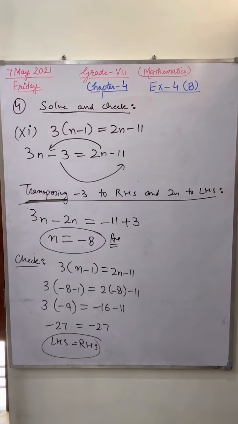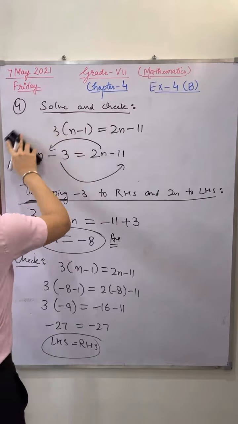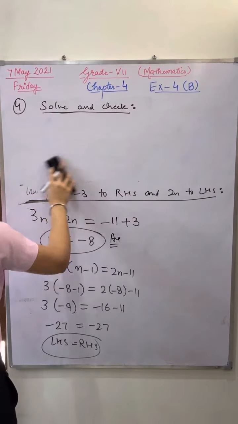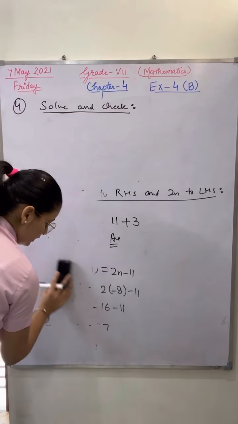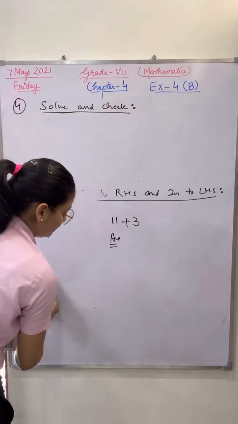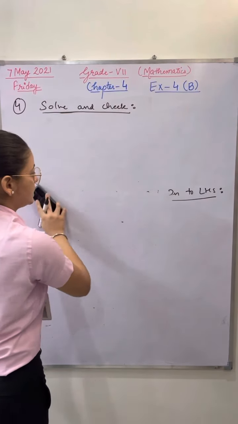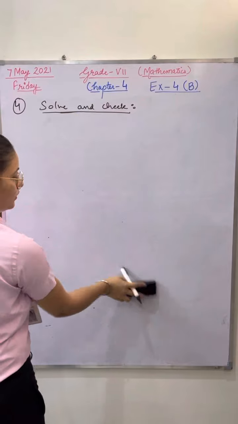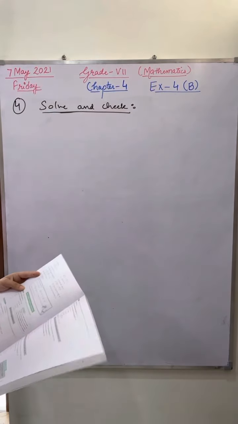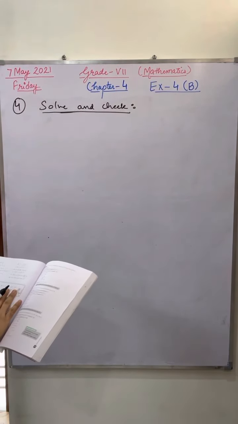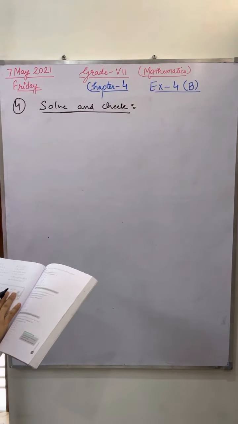Okay, now let's start with the next part. I'm writing the next question on the board now. I'm going to unmute some of you. When I say I'm going to unmute some of you, one by one some students start leaving the class. Why so? I can see some students have started leaving the class. If you have fear that ma'am will ask, then how can you attempt the paper? Tell me.